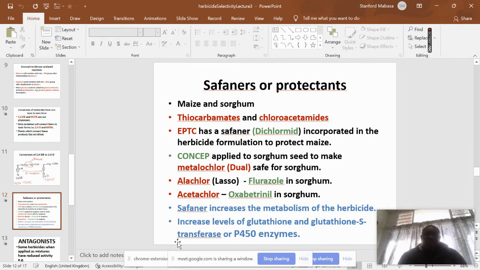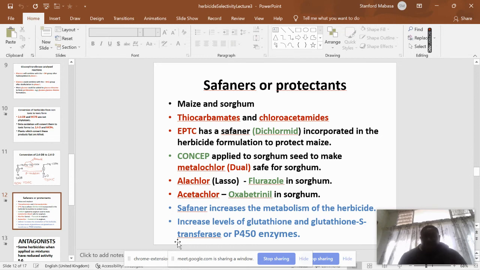It's known as dichlormid. So dichlormid is mixed with EPTC before it is sold, and it is part of the herbicide formulation to protect maize. We have got another safener known as Concep, which is mixed with the metolachlor (Dual), so that you can use it on sorghum so that it doesn't kill